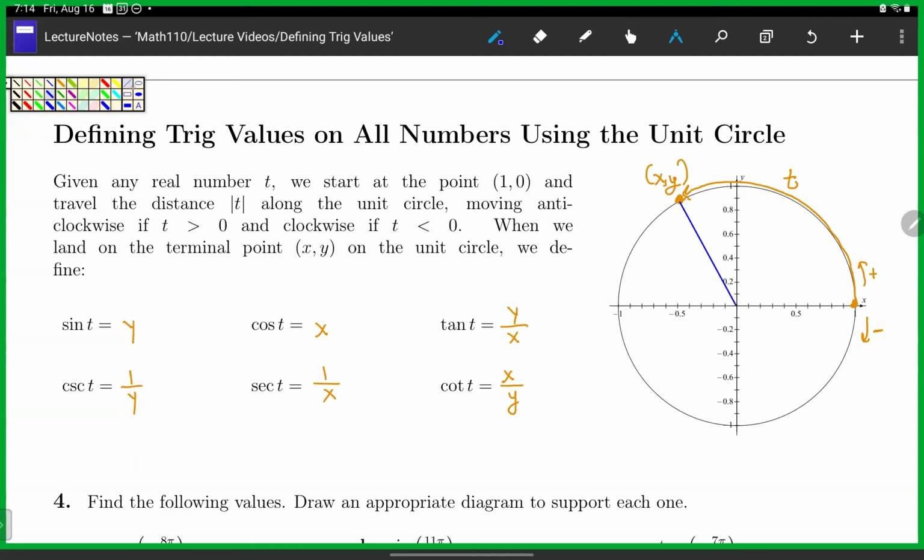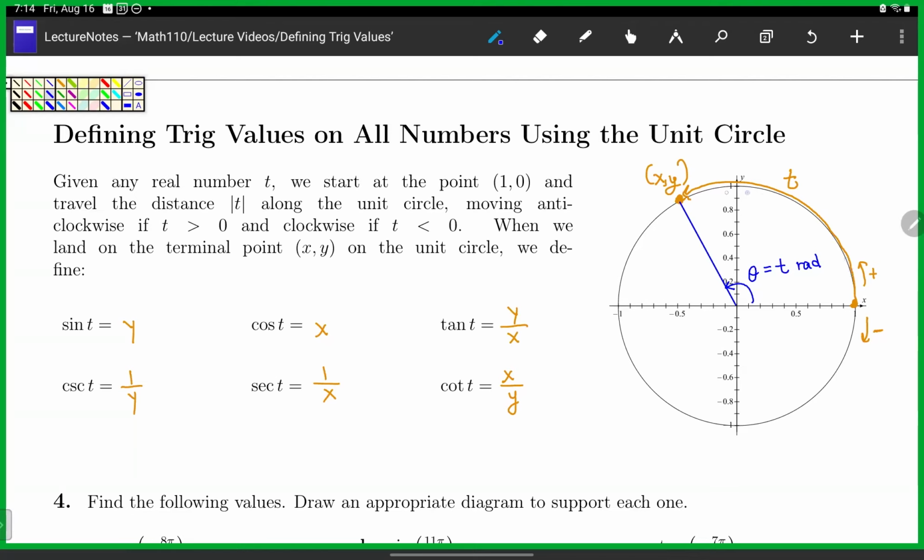And I want you to remember how radians are defined. The radian measure of an angle is how many radius lengths are in the arc subtended by that angle. So here, if the radius is 1, then t, the number t, which is a distance, is the same as the number of radius lengths. So the angle theta is the same as t radians,